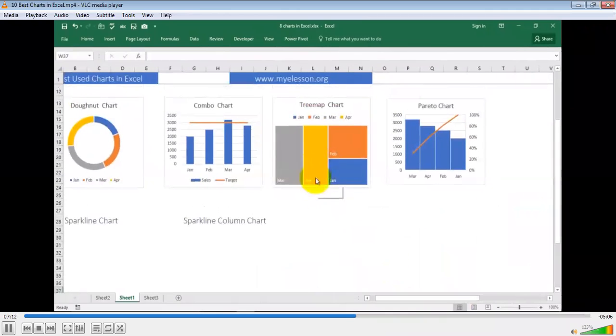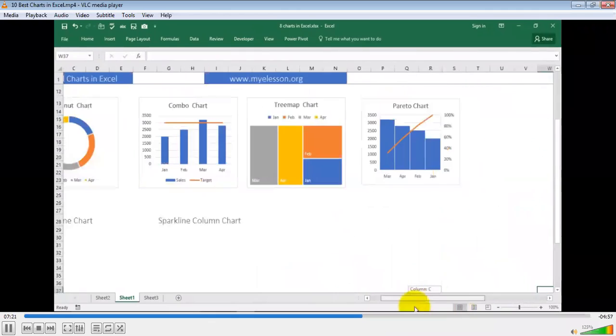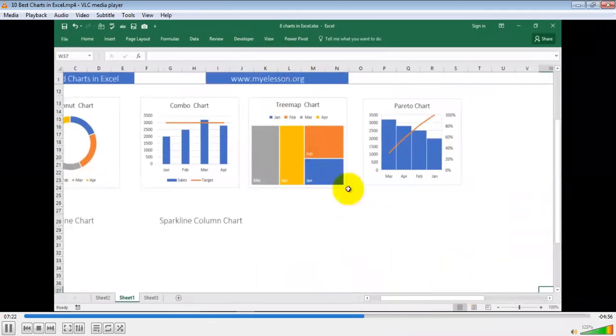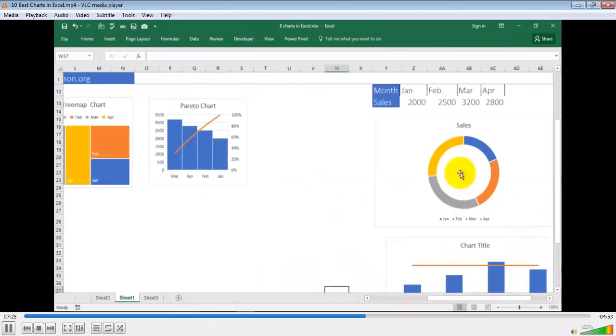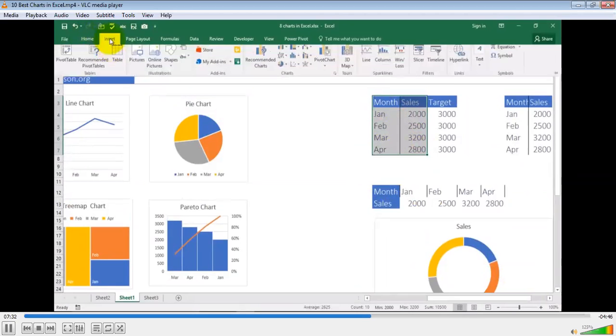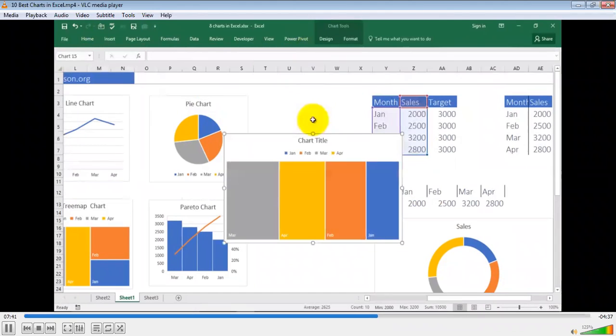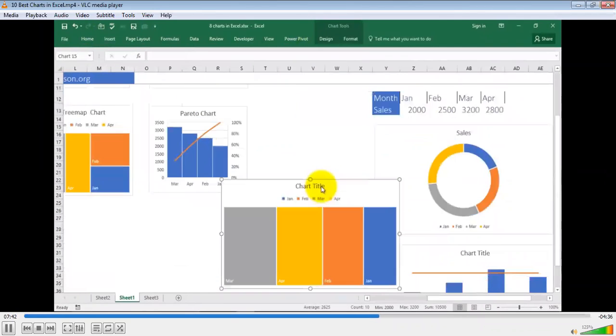And let's create a tree map chart, a beautiful chart which shows the content of your data in the form of square and rectangular blocks, something similar to what a donut chart does in a round way. So this is my data. I select it. I go to insert. I go to recommended charts. This is my tree chart. And here is the data. I will go ahead